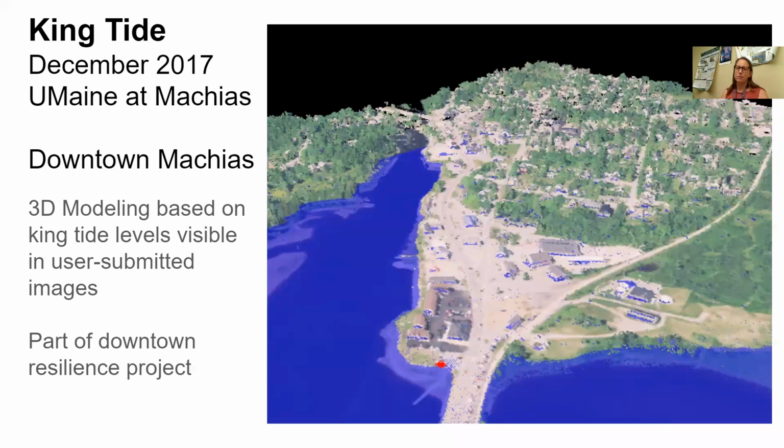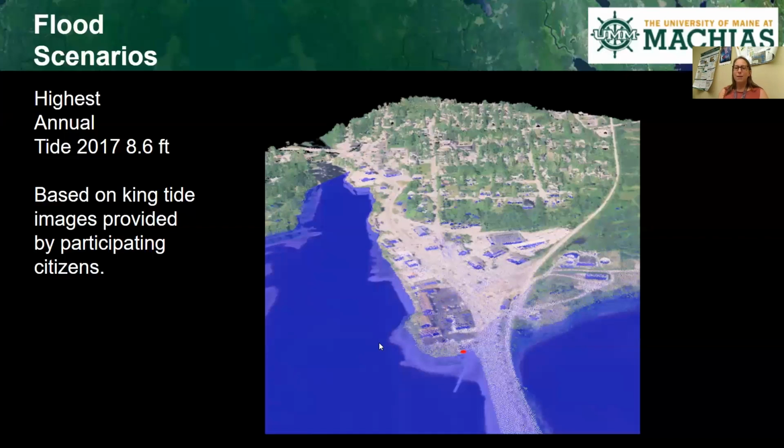I believe it was in mid-December. And we had over 100 people submit king tide photos, and he was able then to use these photos to map and create 3D visualizations using GlobalMapper of king tide inundations. So this is a visualization. The red dot is where the king tide level was based on at least one of the photographs. I think in this particular location there were several showing the king tide level. And so you can see where that level is, still water, no storm surge or anything like that, where that